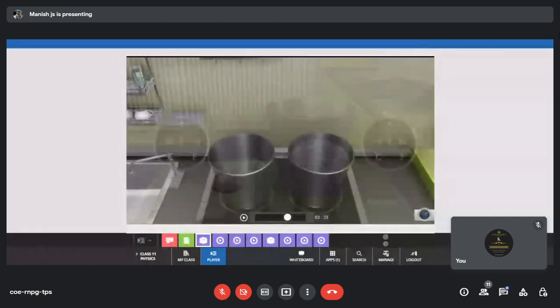So that is the difference here. Based on the quantity also, the thermal energy will vary. Greater the quantity, greater would be the thermal energy required to heat up the entire substance, the entire volume of water in the bucket. So, that is the concept. Okay, so we'll move ahead.